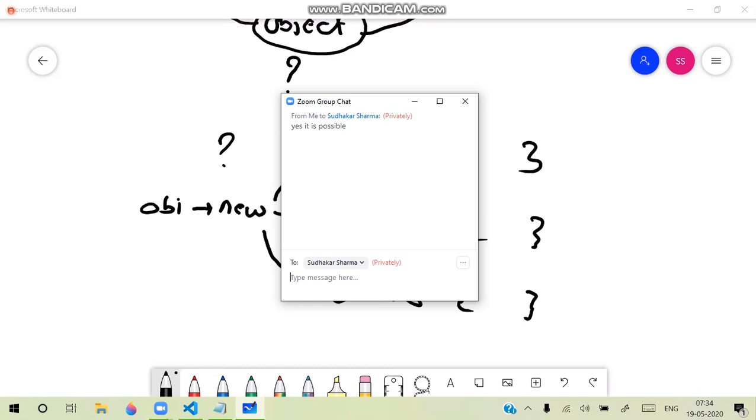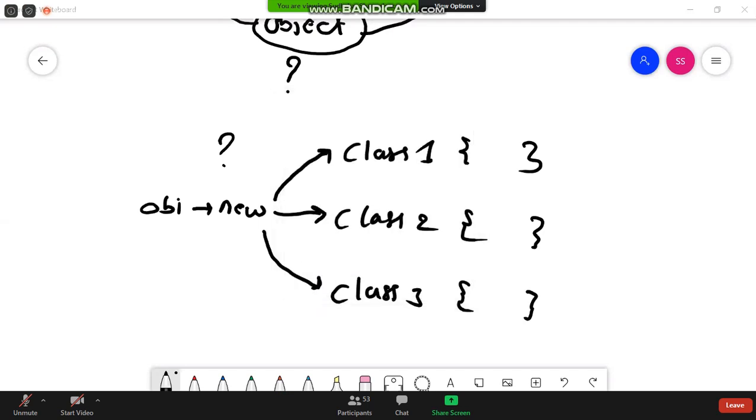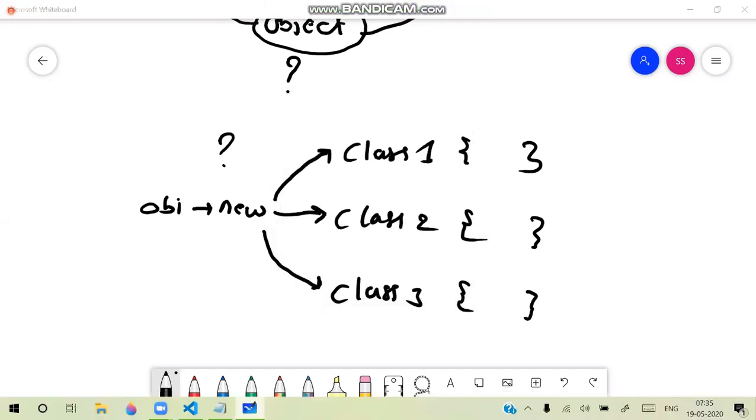Yes, by using inheritance. Yes, yes. So it's not multi-level inheritance. It is not multi-level inheritance. By using